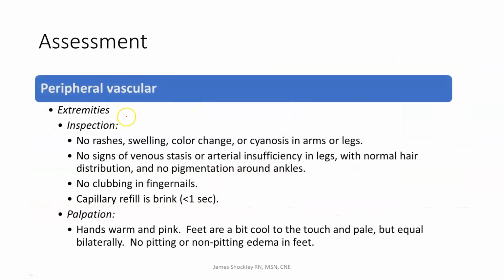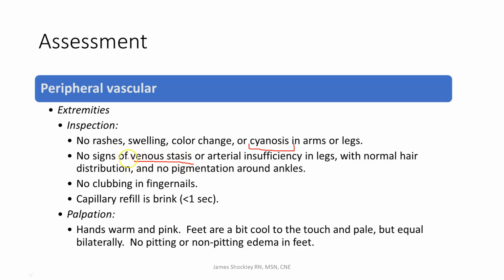We're going to look at the extremities. No rashes, no swelling, no color changes. Think yellow for jaundice. In the lower extremities, you're going to see color changes depending on PAD, PVD. You could have dark discolorations. You could have erythema. You could have pallor. Worse, you could have cyanosis. We want to examine for venous stasis, and that can manifest as either decreased, diminished pulses, edema, or as